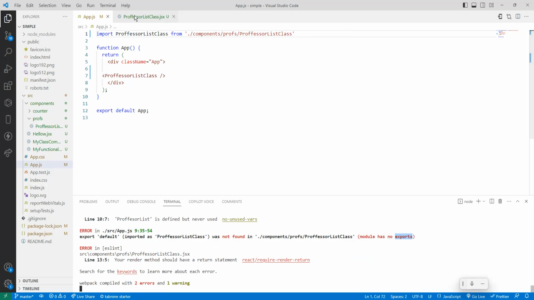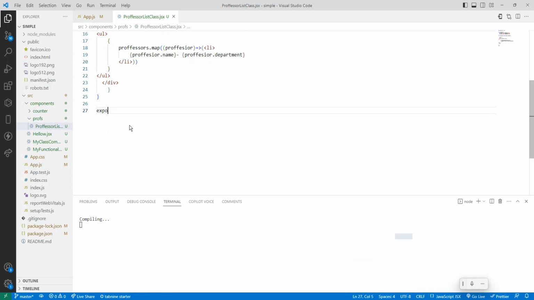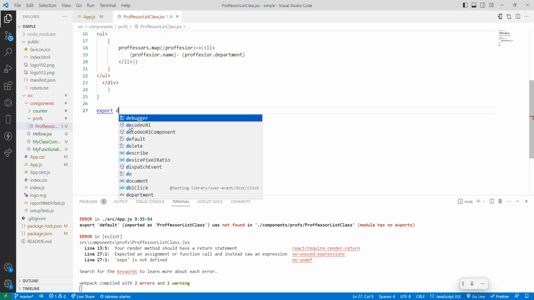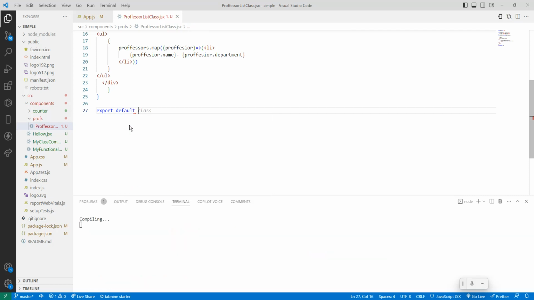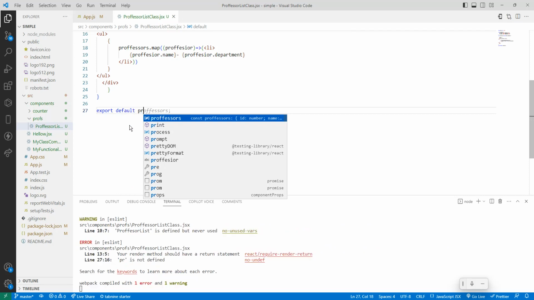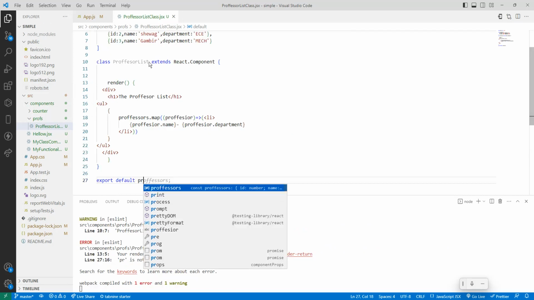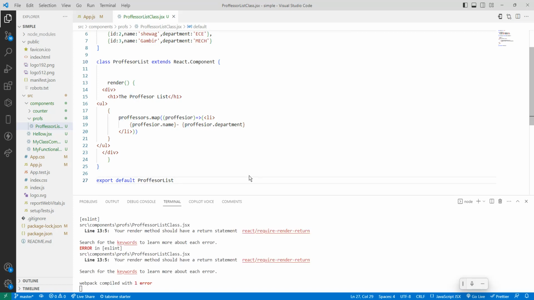So for that, we are going here, export default. What is this component name? So this component name we need to add here. Save it. So now,